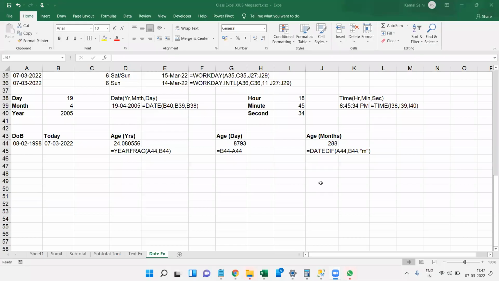Yeah. You can see my screen. Okay, the next is